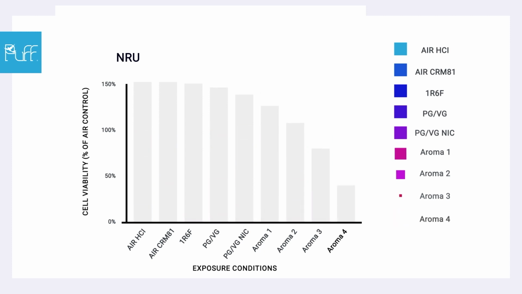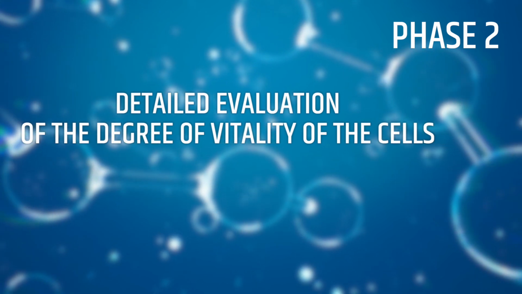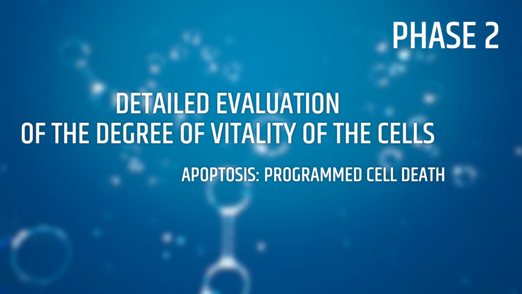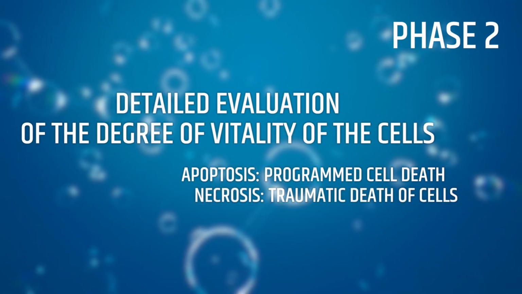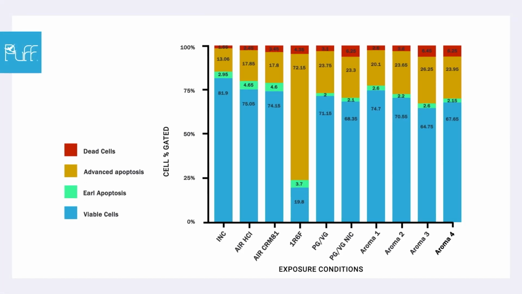These data were also confirmed with a more detailed evaluation of the degree of cell viability, i.e. by studying the processes of apoptosis, programmed cell death, and necrosis, traumatic death, of the cells themselves. With exposure to traditional cigarette smoke, cell viability drops to 19.8%, and most of the cells are in advanced apoptosis and necrosis. While with exposure to the 4 flavored liquids for electronic cigarettes, the vitality of the cells remains between 75 and